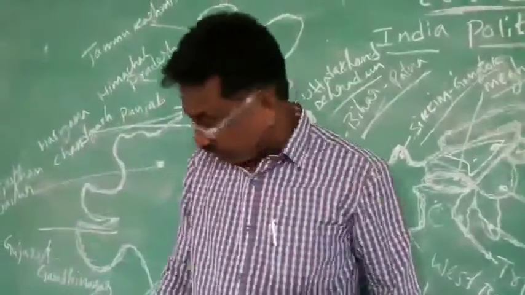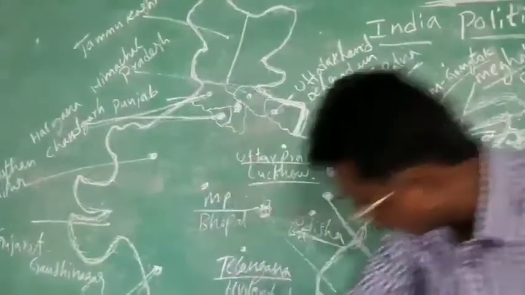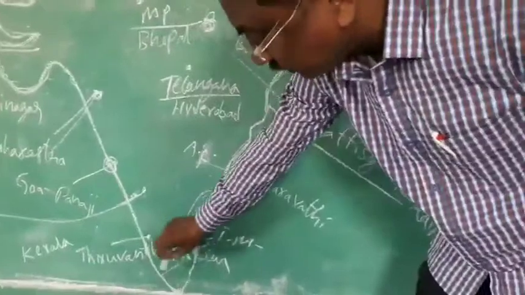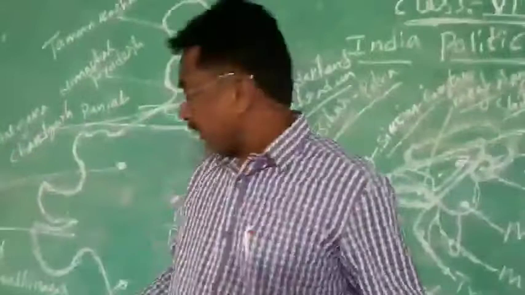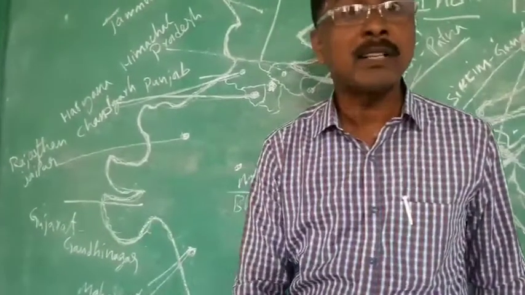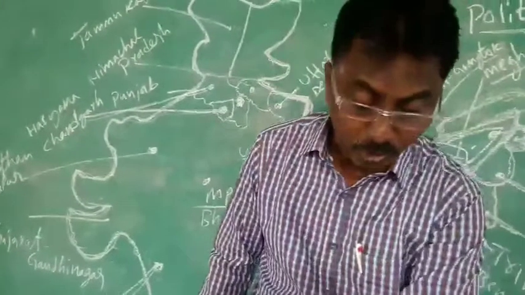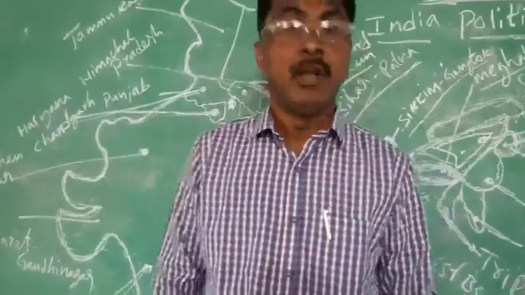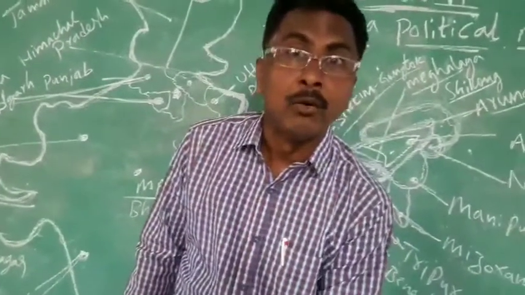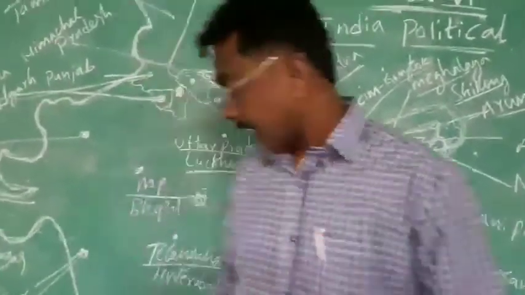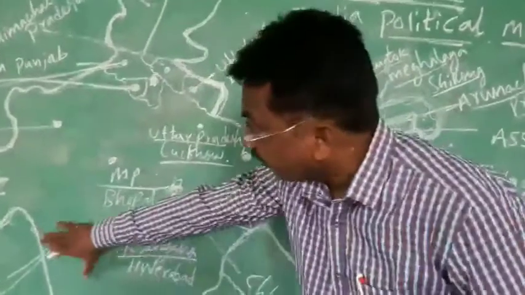And next, you come down. Now we are discussing this part, and here you see this is the foot. Now we have completed Madhya Pradesh, and here is Maharashtra, Mumbai. Maharashtra's capital is Mumbai, and here is a small one on the India map, a round one. Take this one, Goa, Panaji, and this one Karnataka, Bengaluru, and the last foot is Kerala, that is Thiruvananthapuram.